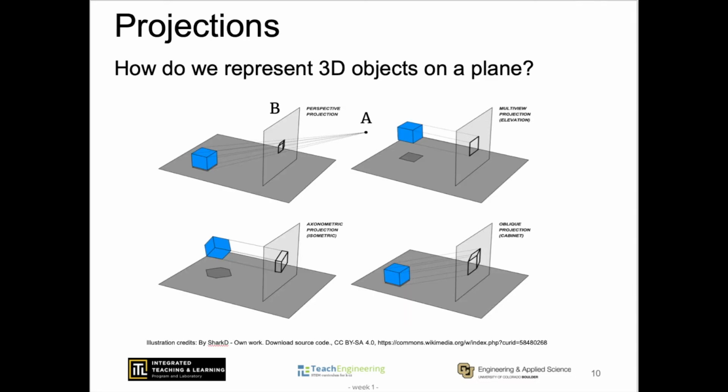Projections. How do we represent 3D objects on a plane? Take a cube. How would you draw it on paper? You can't say it's a cube just by drawing only the front, top, bottom, or side face. So you come up with a mental image of how the cube would look if you were to look from point A and draw what you see on a glass panel B. Shown in the first figure on the left is a